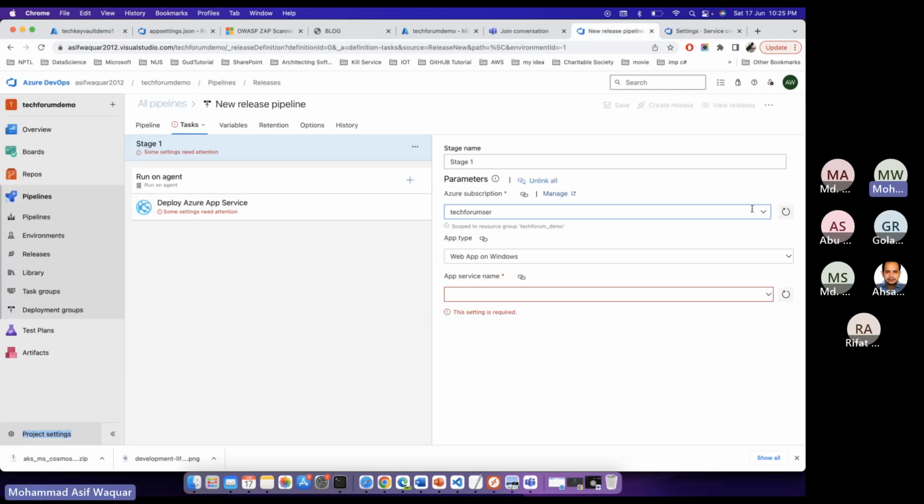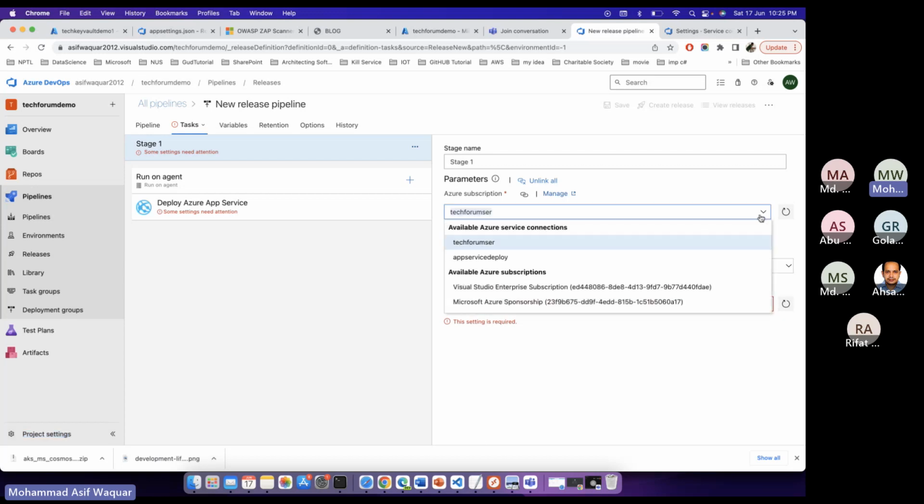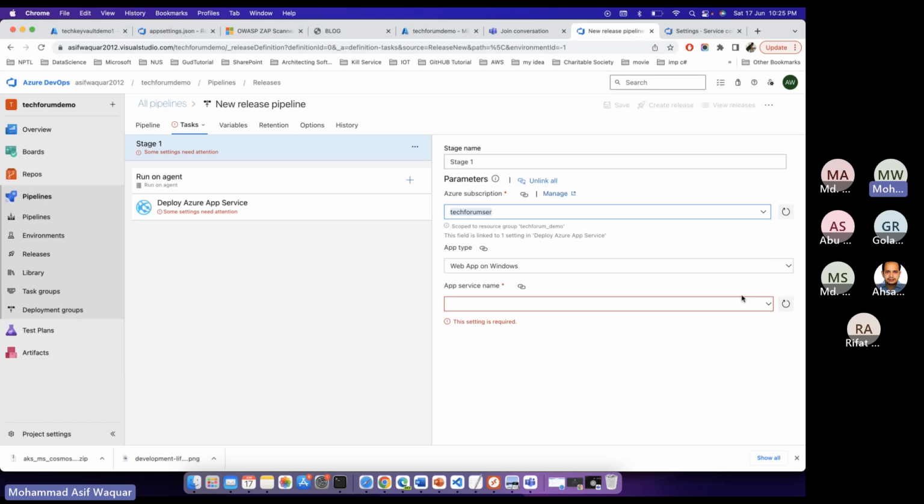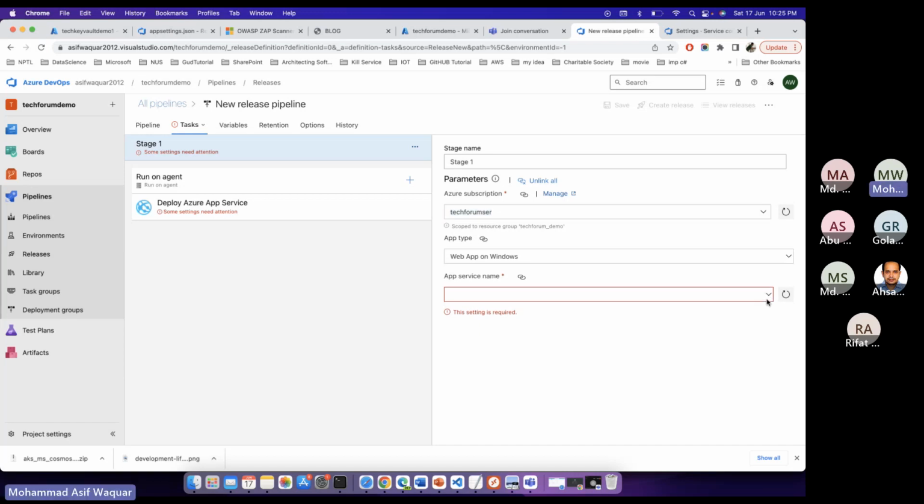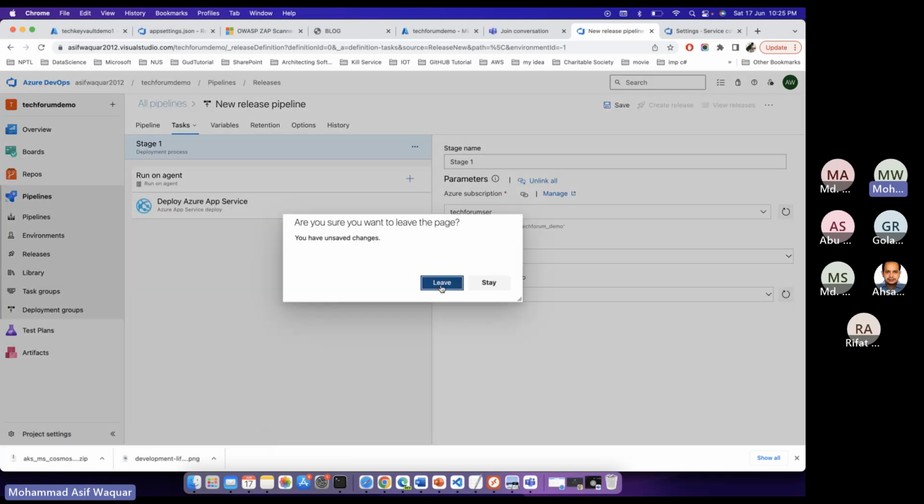So this will help you establish the connection without exposing it. And what is the app service name? Suppose you have already created an app service, so your app service will display here, and you can just save and run the pipeline. I have already created the release pipeline,